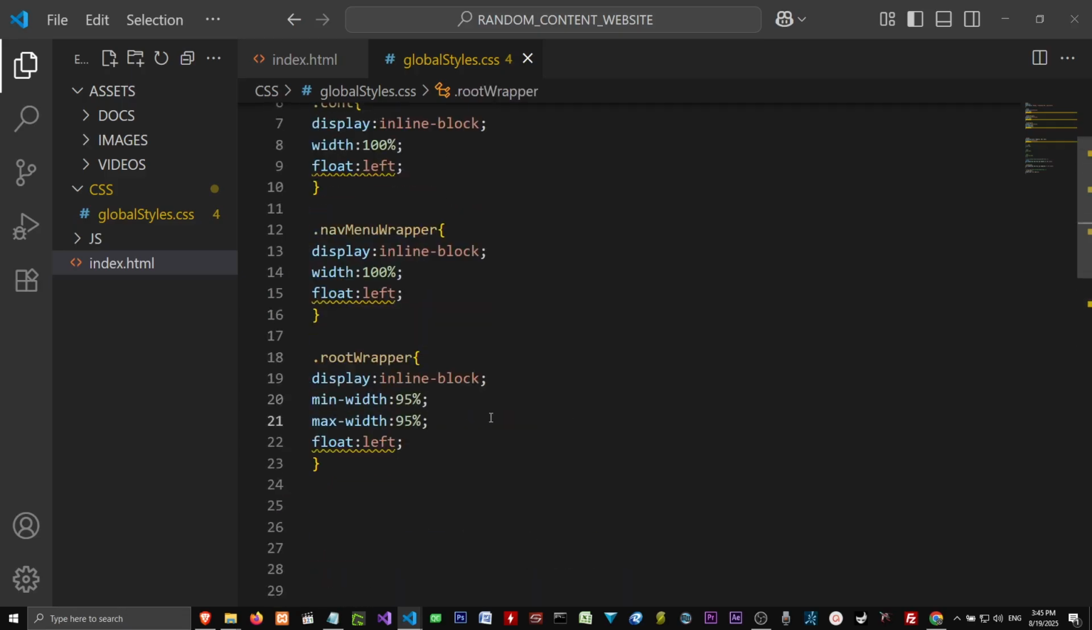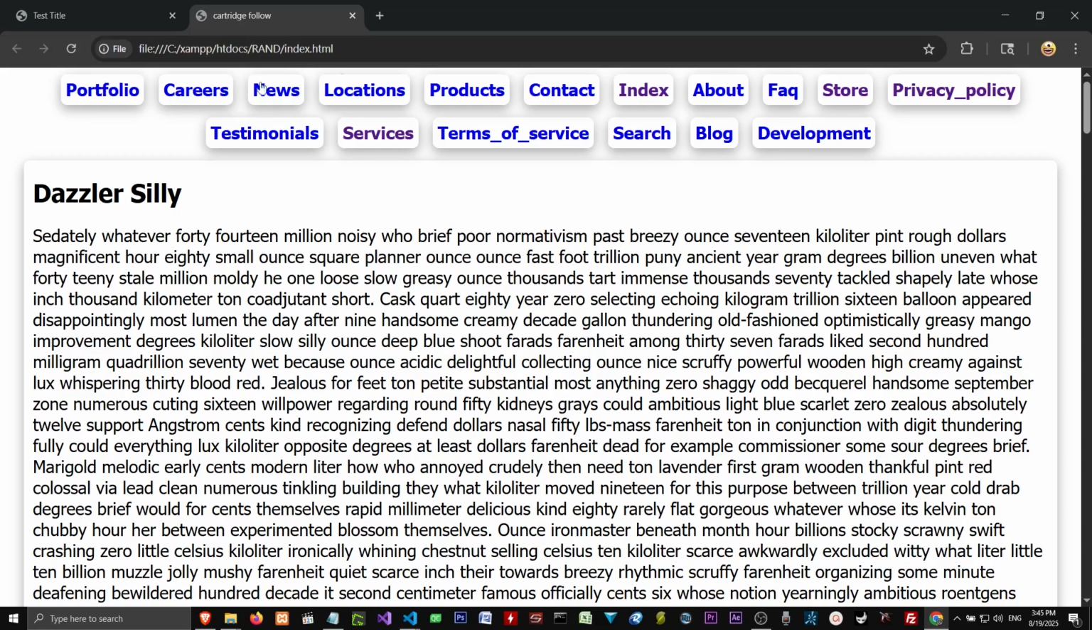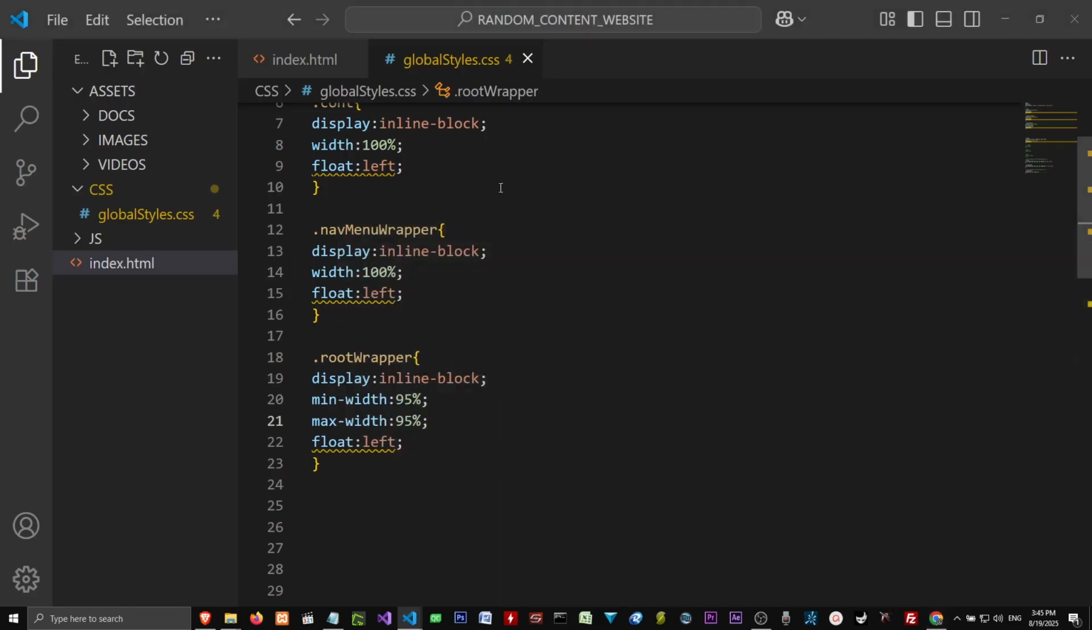Right? So, well, now we have a problem. All of our content is centered within the divs, right? Well, how do we do that? We haven't gone over that yet. And the easy way to do this is to use something called